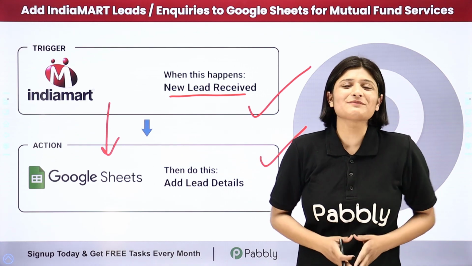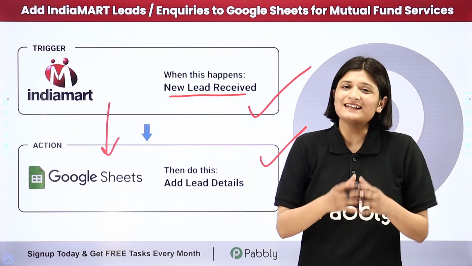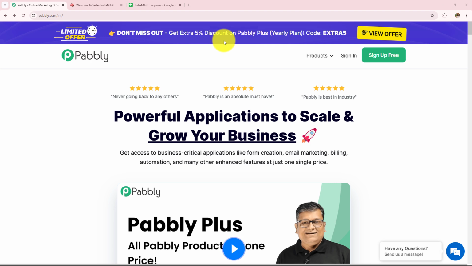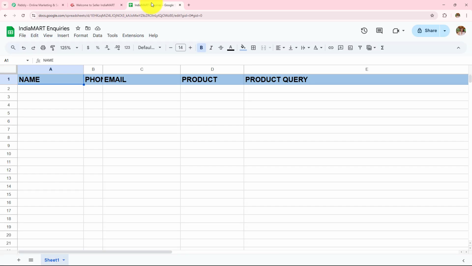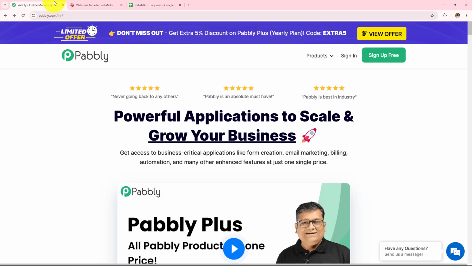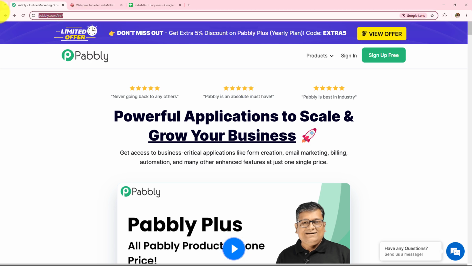Now if you want to learn this amazing automation step by step, then let me take you all to my screen. In this video, we are going to learn how to add IndiaMART leads and inquiries to Google Sheets for mutual fund services. For this, we are going to create automation between IndiaMART and Google Sheets with the help of Pabbly Connect. So this is the landing page of Pabbly, and you can visit this simply by typing